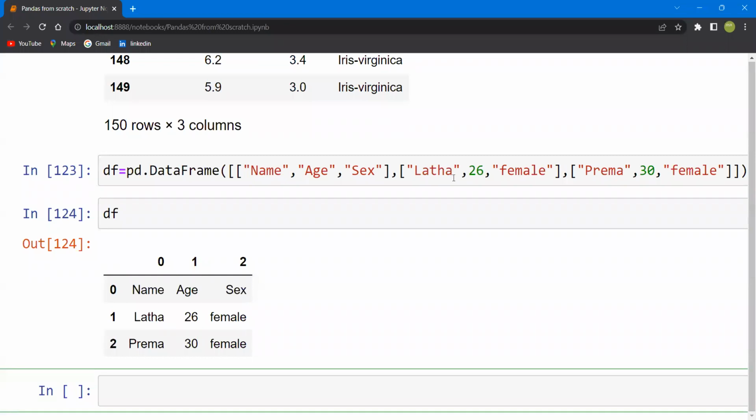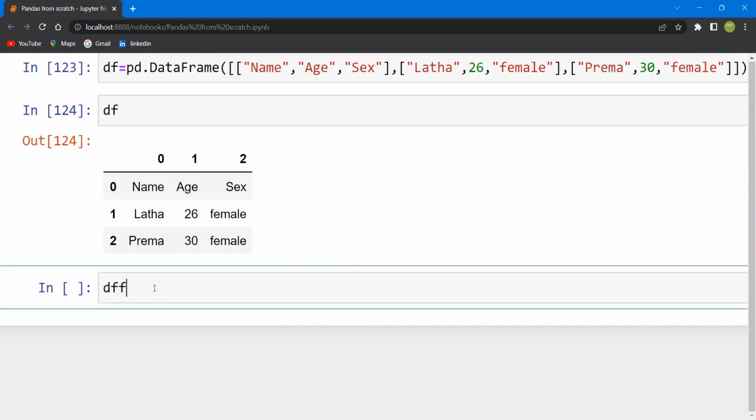I'm passing all the column names. Then I'm passing row by row, right? I'm passing row by row. This is one way. Or else, the same thing I can do with pd.DataFrame